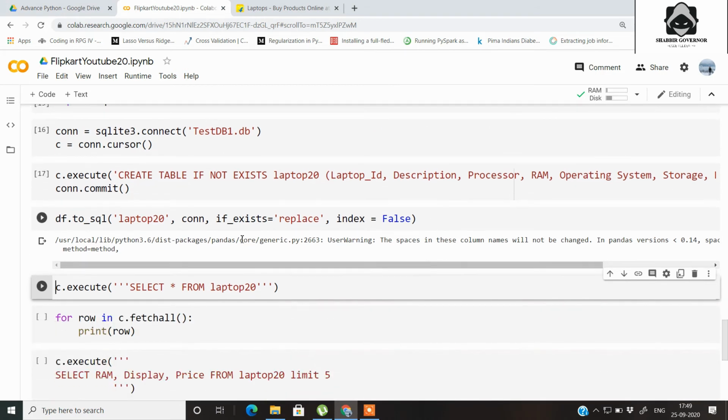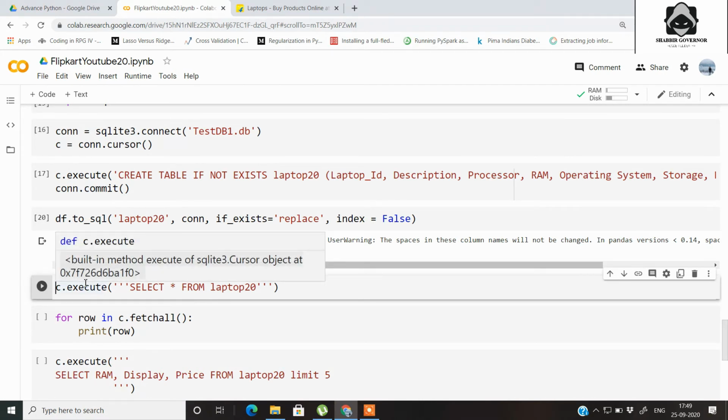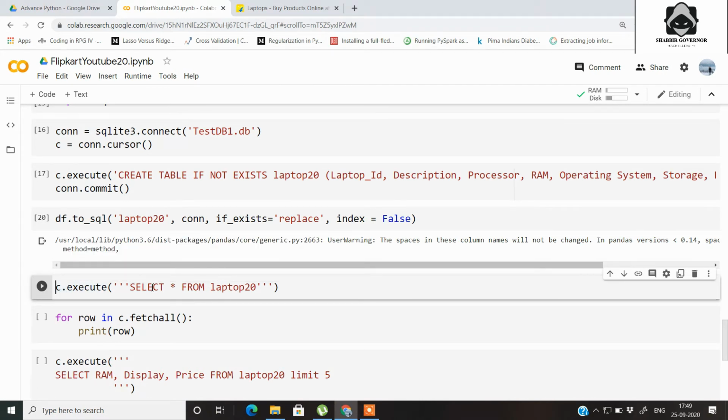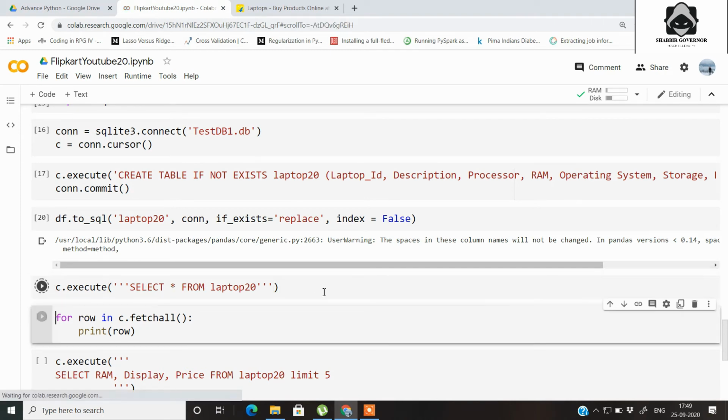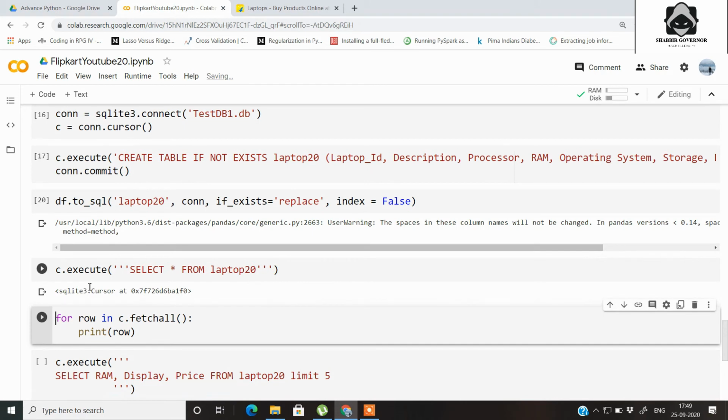now our SQL table has been created, so we can use c.execute, that is the execute method on the connection, to write simple SQL queries. Here we are selecting the complete table, that is select star from laptop 20, which is my table. We get an SQLite cursor object at this location.